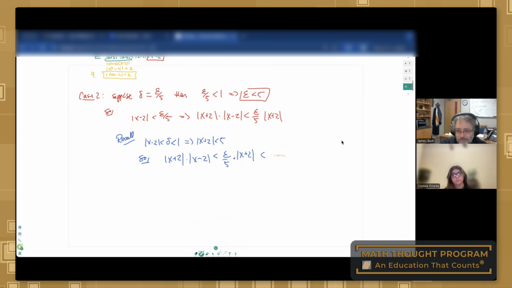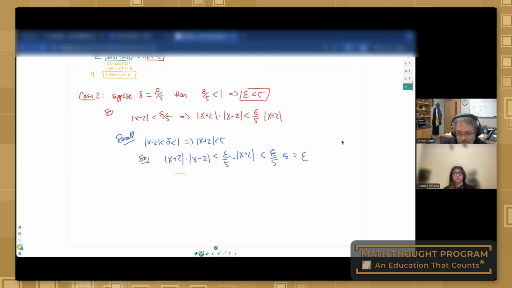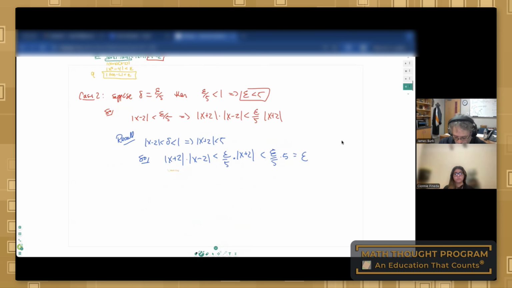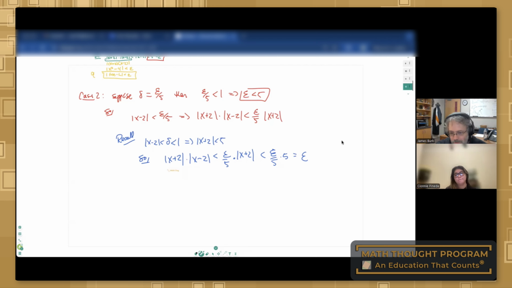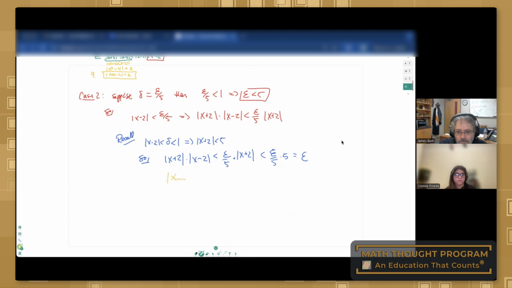How about a 5? And when we push on the left-hand side, again, put it together using the properties of absolute value. We get this,